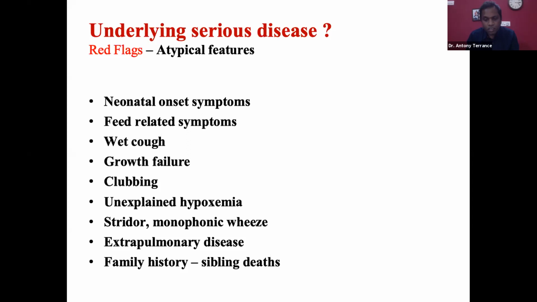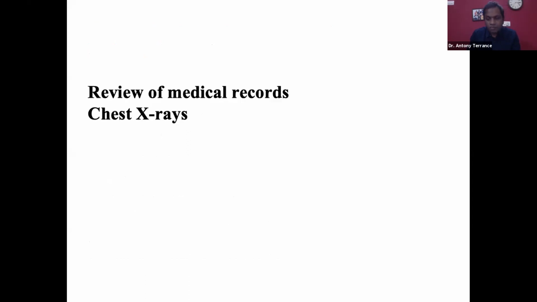Therefore, if you find atypical features, if you are not able to evaluate, it is better to refer to a tertiary center. And while evaluating these children, it is important not only to take a good history and physical examination, but also to review the previous medical records and the serial X-rays. They usually come with a pack of X-rays. You have to patiently look at those X-rays. Based on this, you can identify clinical syndromes. The two important syndromes we can identify are